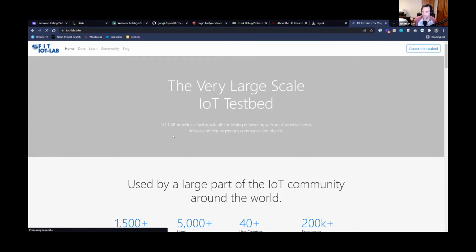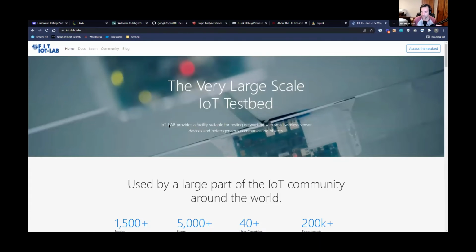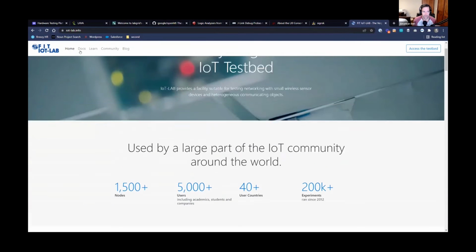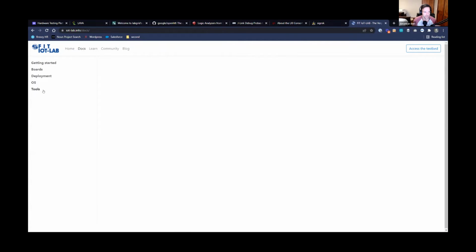So this is a collaboration across the different universities in, I think, France primarily, and they all have a deployment. And what they'll do is, if I can find,